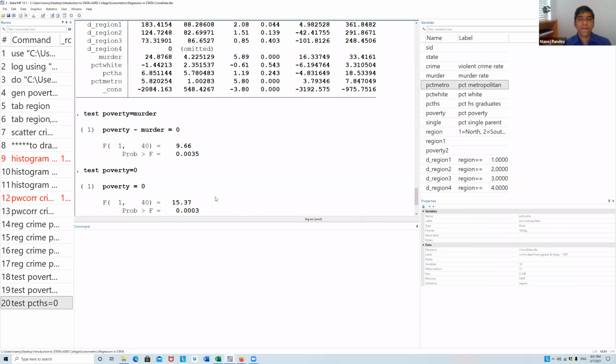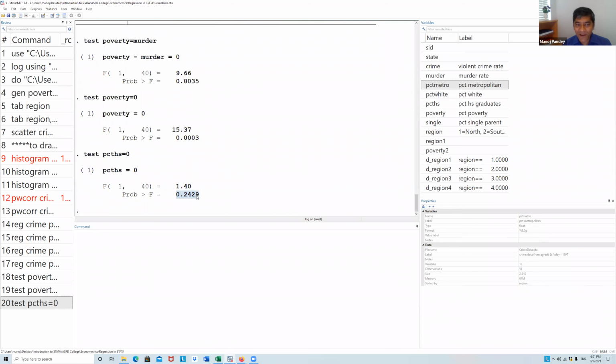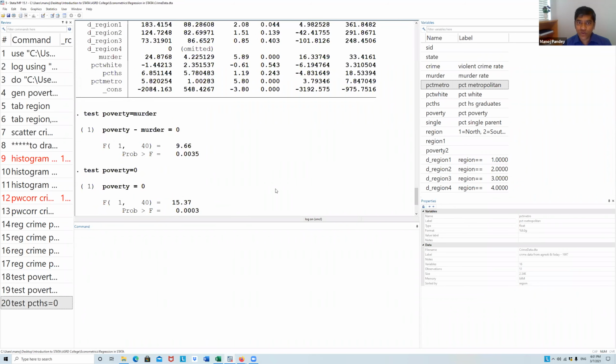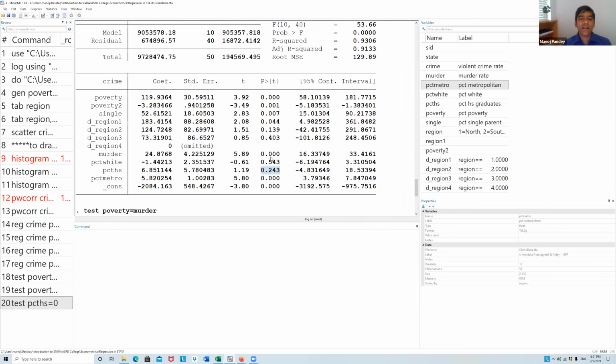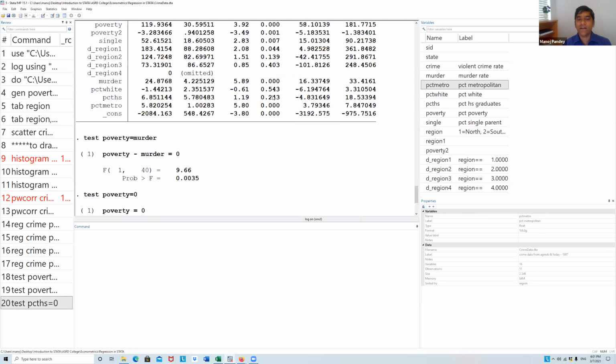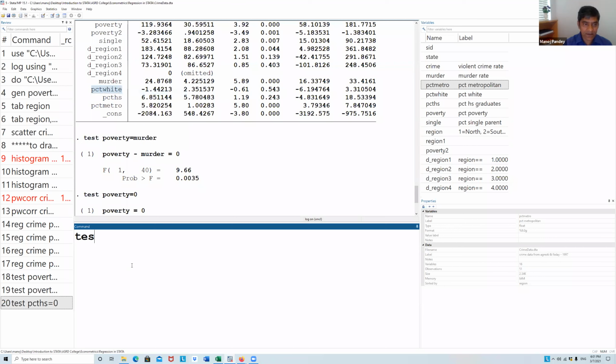Okay, and this value is close to here, 0.243. So 0.2429. Basically, it is giving the same value as here. You can check here, like this is 0.543. Now let's check it.